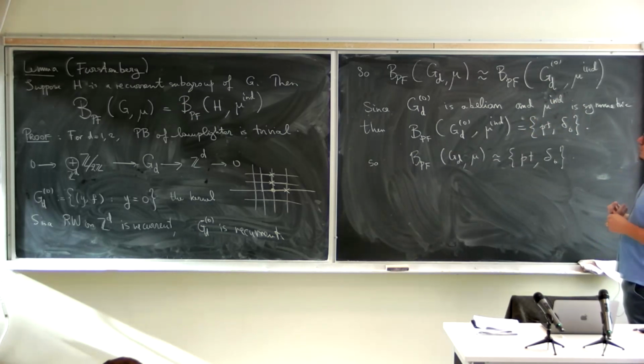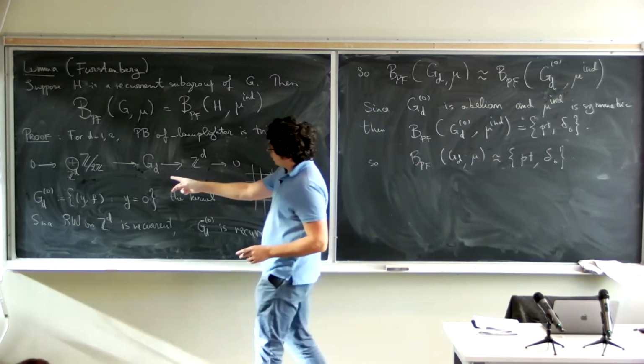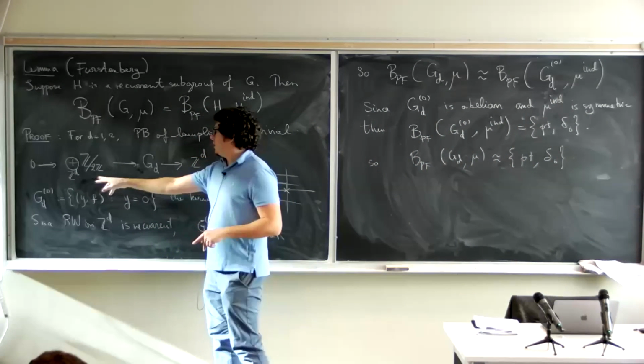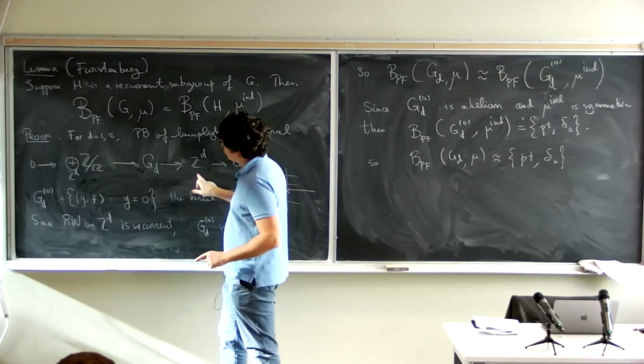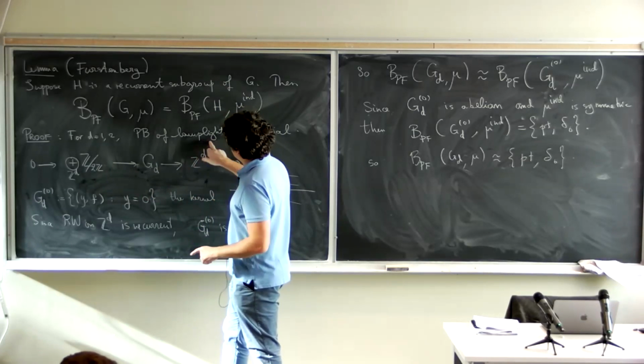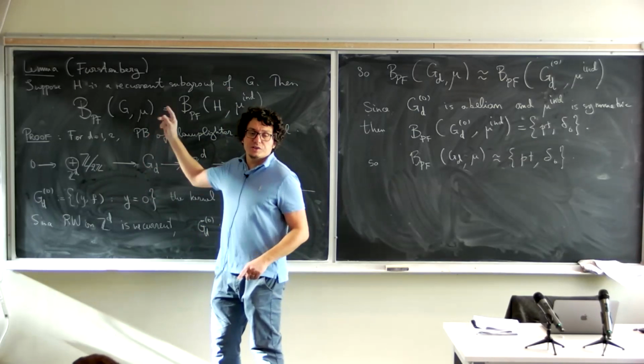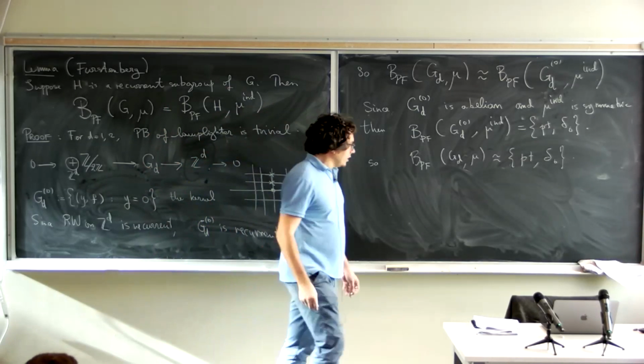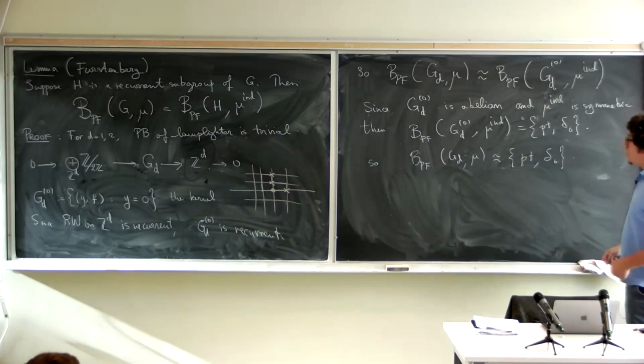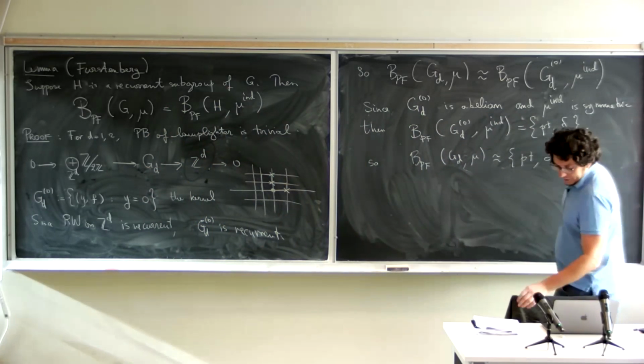Now you can see this argument adapting, because anytime you have a semi-direct product like this, and you have a projection onto a recurrent random walk, you can do this argument. Now this argument also gives you the opposite in a way, because it tells you that if the random walk is instead transient, then the Poisson boundary is non-trivial. So why is that? Well,